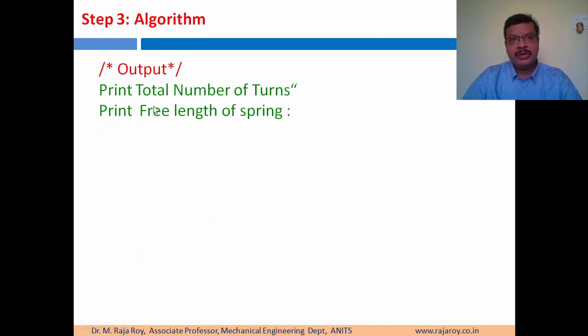Next, final output you have to display. So final output is total number of turns and the free length of the spring. This is the final output section. So in algorithm you have to use different sections like variables, input statements, calculation, output, etc. In this way you have to solve the CAD approach problems in 3 stages. Step 1 is design procedure, step 2 is drawing the flowchart, step 3 is writing the